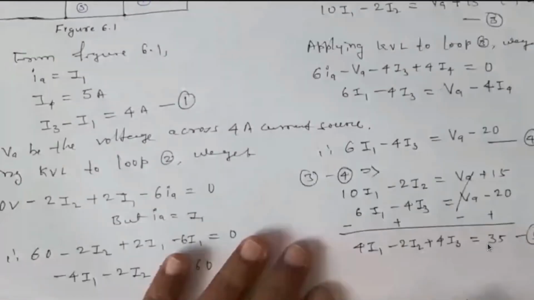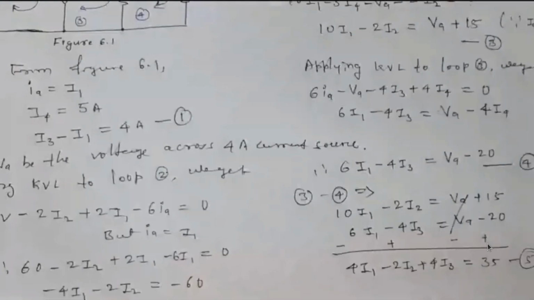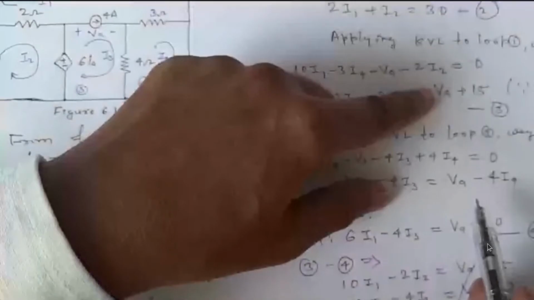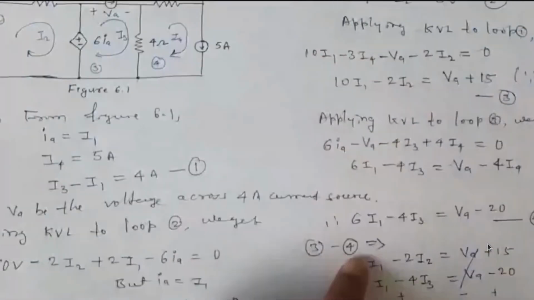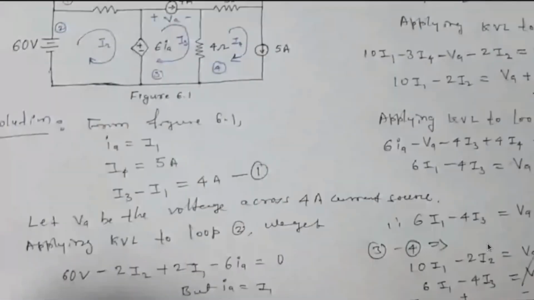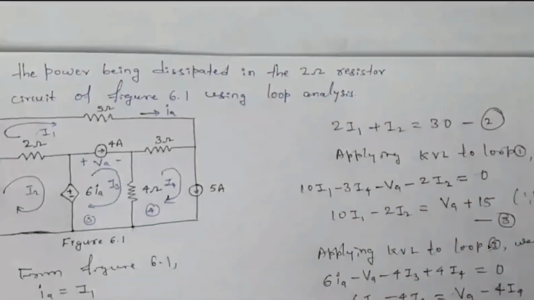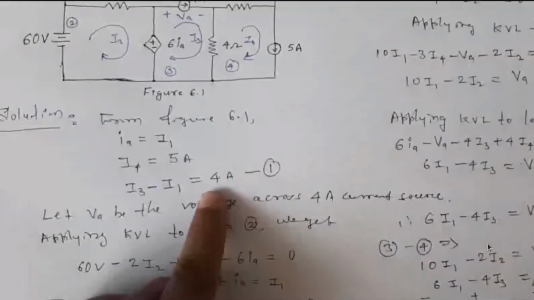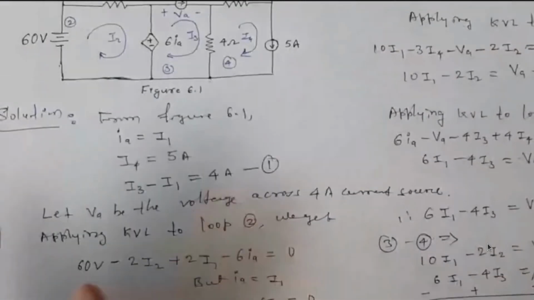So what I did, we arrived at equation 3 and 4 with VA, and the next step is to remove that VA. Somehow we had the same VA here and VA here directly. Because of that, we subtracted 3 minus 4. VA got cancelled, and now you can see, dear student, this particular equation 5 is only in terms of I1, I2, I3. Already I have equation 2, which is in terms of I1 and I2, and one more equation, equation 1, which is in terms of I1 and I3. We have 3 equations and 3 unknowns, right?